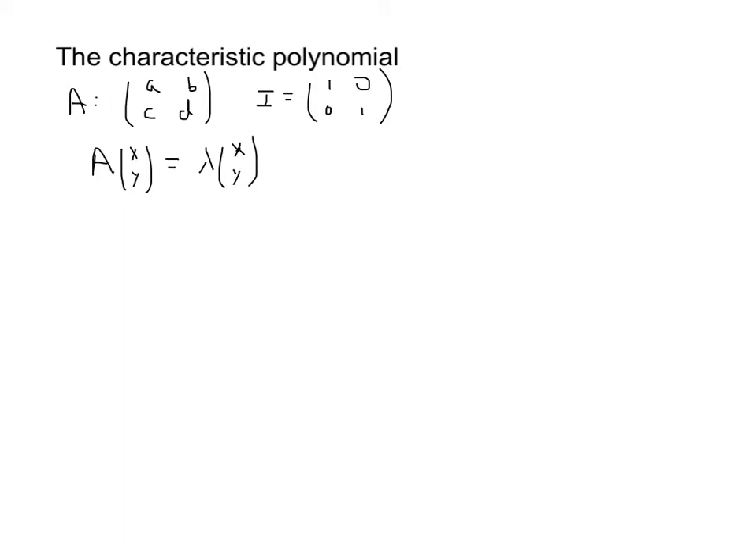I'm going to bring the lambda term to the other side, and so it'll look like this: A times xy minus lambda times xy. And I want to factor out the common xy from each of these terms. However, that would leave behind a matrix and a scalar, and that's not going to work for us. And so what is done is that we introduce the identity matrix,